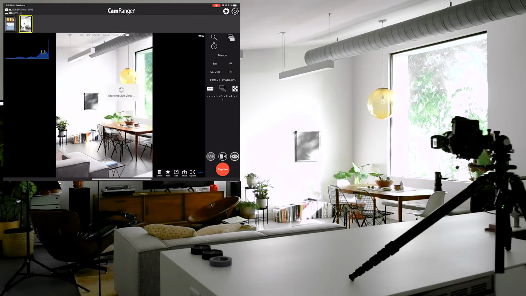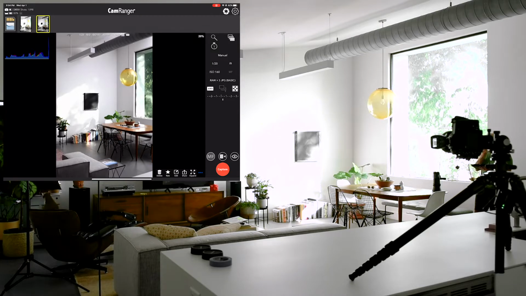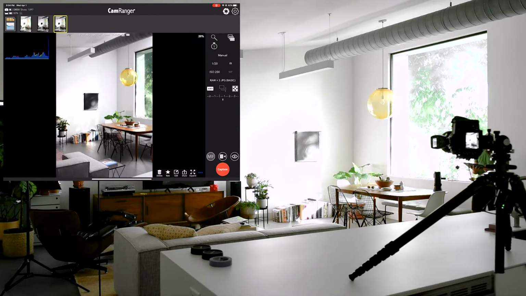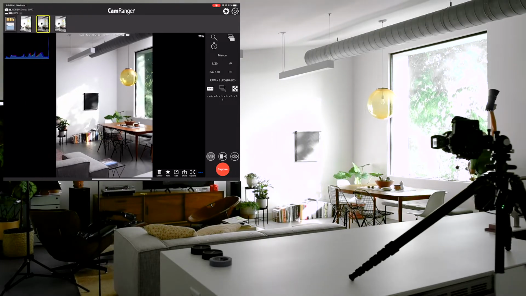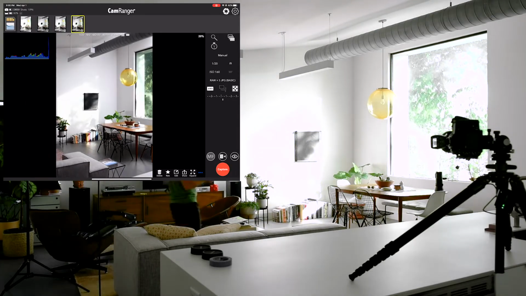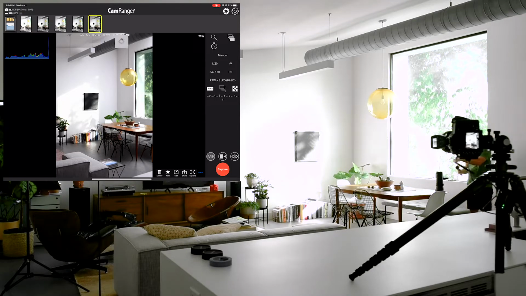All right, so for the photography portion of this, it's a pretty simple shot. We've just got two flashes, one that I'm walking around with while controlling the camera with the Cam Ranger. That's going to be the main light and mimics the sunlight coming through that window. The other one is just providing some fill to the shadows, and it's placed on a light stand to camera